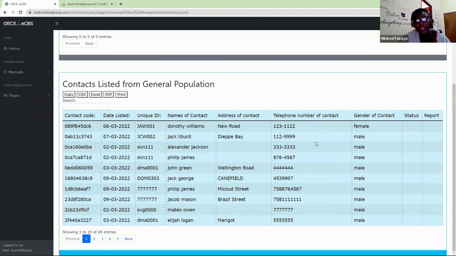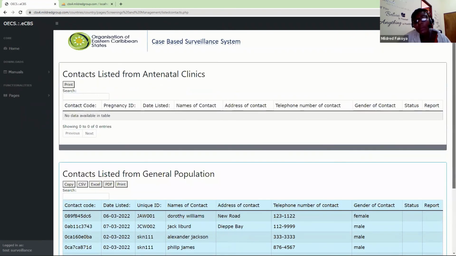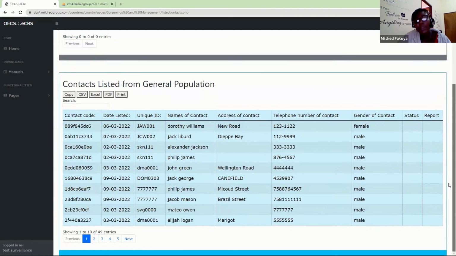We have two batches of contacts: the ones that are listed from people that are not pregnant and the ones listed from pregnant clients here. You can print this out, you can export this. The last two columns of this form give you the status, if traced or not traced,